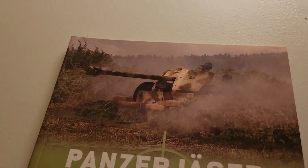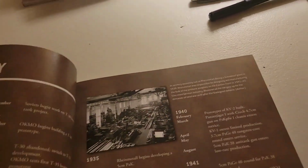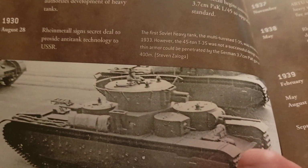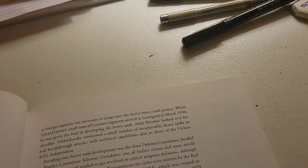So that's a 50 millimeter cannon, I think, on the front. But just going through the usual, it's the photos that add to all the things. You get these crazy useless multiple turret tanks. They look kind of cool though. Essentially,